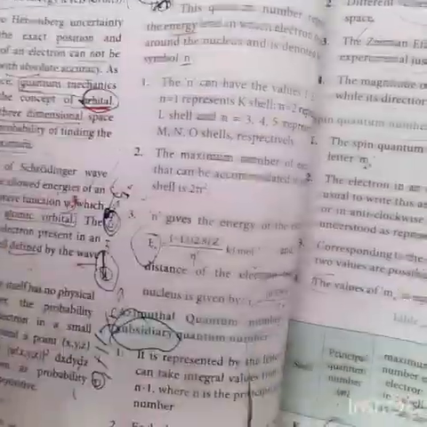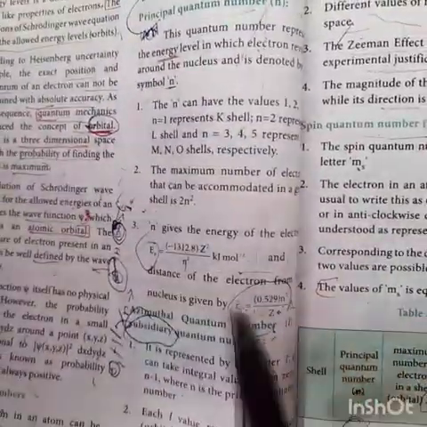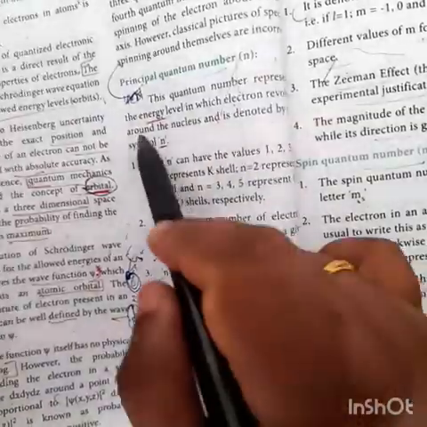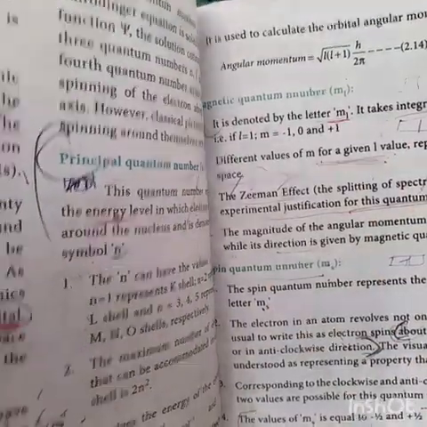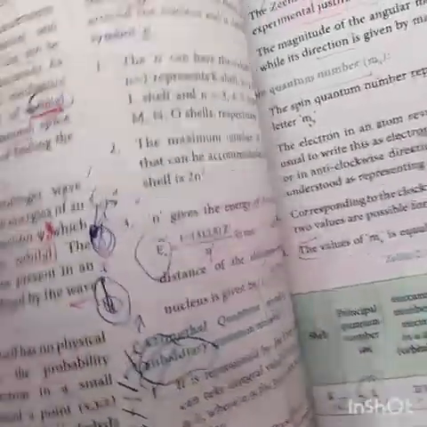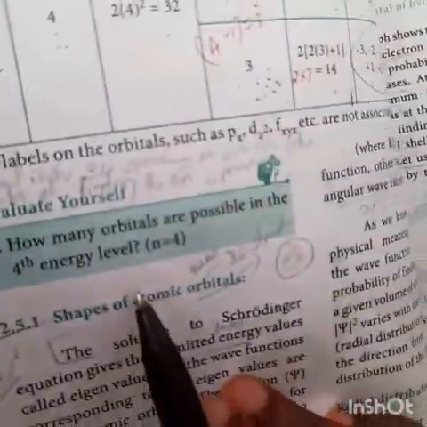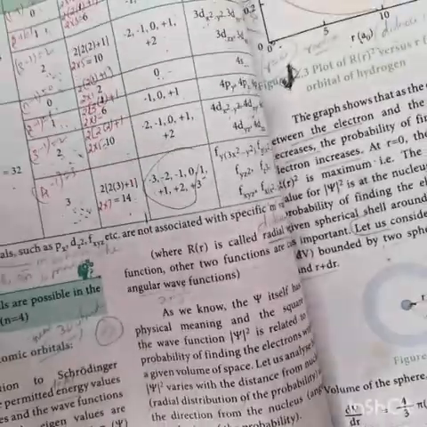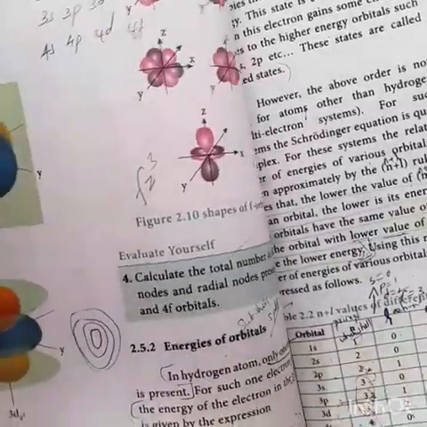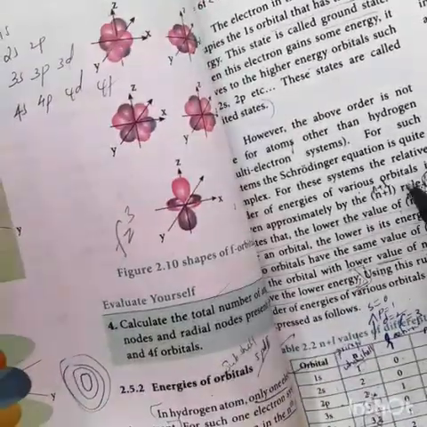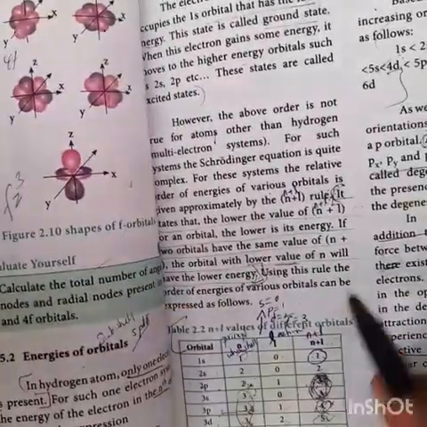And after that, the 4 sets of quantum numbers. You will study the 4 sets of quantum numbers, very, very important to write the electronic configuration. Okay, very, very important, study that. After that, we studied the shapes of atomic orbitals: the shape of s orbital, p orbital, d orbital and f orbital. And then energies of orbitals, we studied the n plus l rule, important for 2 mark questions. Okay, n plus l rule important.